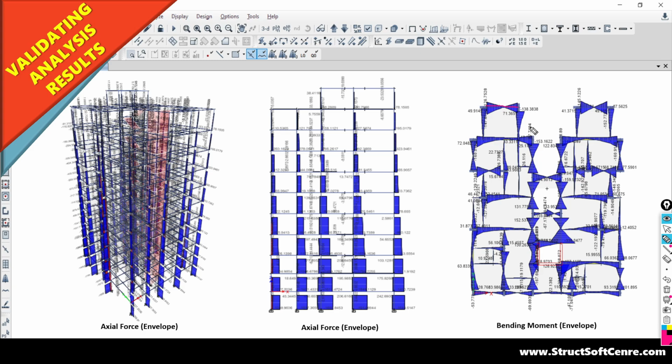And then we have to ensure whether the analysis is properly executed by the software or not. Sometimes the software makes a mistake, or sometimes we make the mistake. So we have to correct ourselves as well as the software. Both things should be checked: whether all the loads are transferred to the supporting member or not, and whether the load is distributed properly, because in a column the axial load is transferred from top to bottom, and at the bottom column the maximum force will be there, while on the top column less force will be there. So whether it is right or wrong,